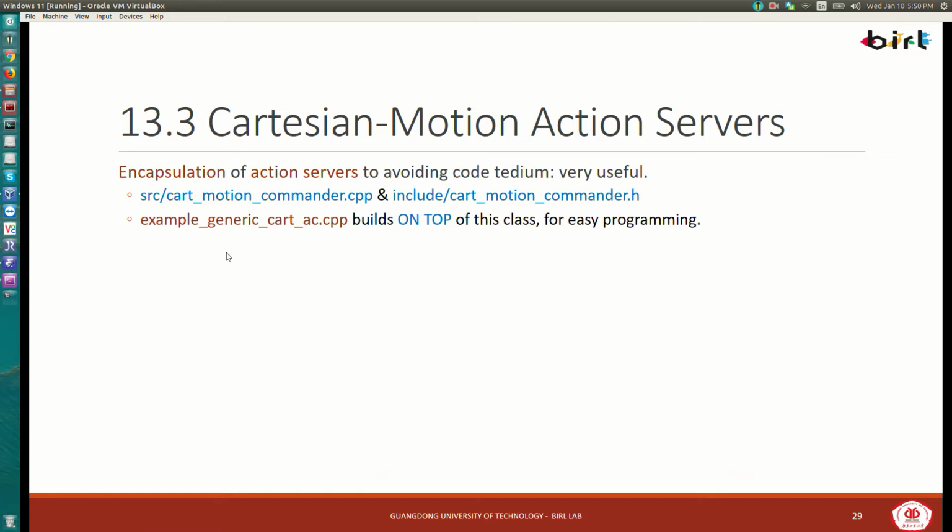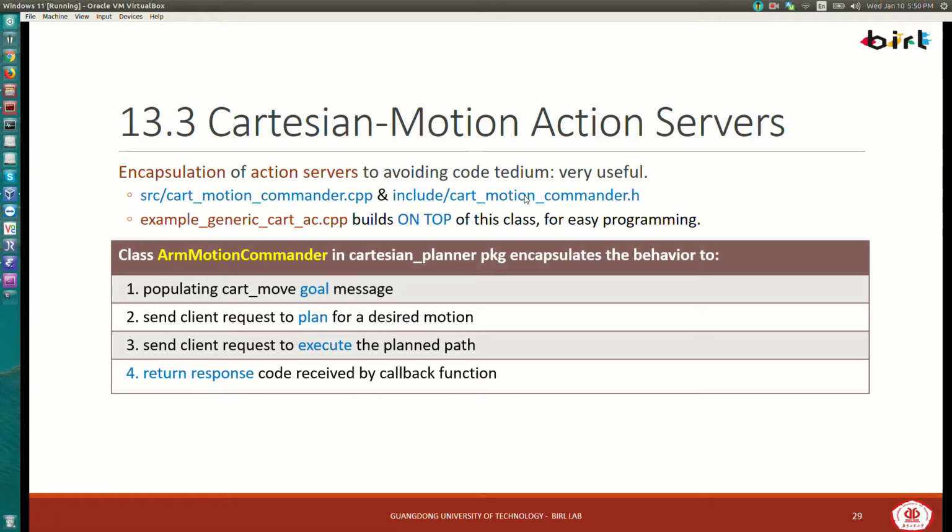And so you can see the encapsulation. It's good to avoid the code tedium, and it's going to implement this class over here for easy programming. Now let's go ahead and look at our arm motion commander class that's doing the encapsulation. In this class, we'll see that